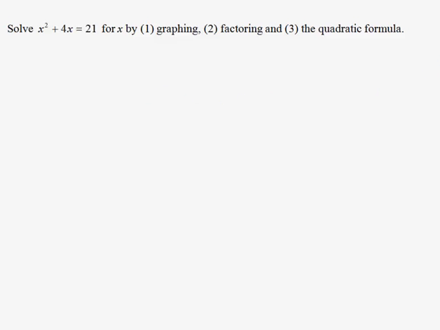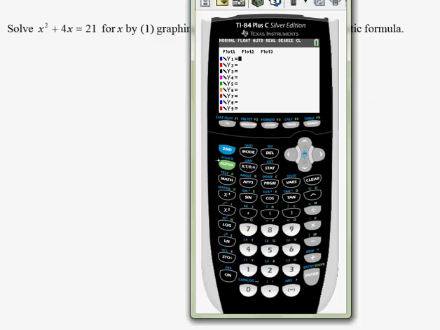Problem, we're given a quadratic equation to solve, and we are to do it 3 different ways. The first of which, I am allowed to use my graphing calculator, and suppose I was on the home screen, press y equals, and I'm going to type one side of the equation into my y1, that's x squared, and